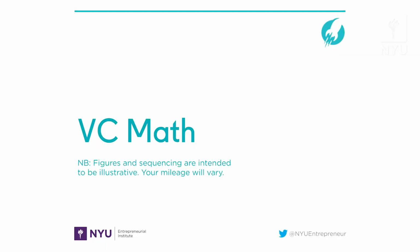Okay, so that's where you start to get into these extraordinary returns that are required. Right? Does this all make sense so far? Okay, good. I want to shift gears now and talk a little bit about VC math and understand what raising